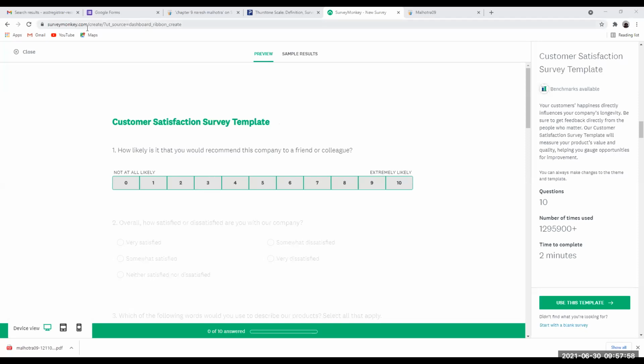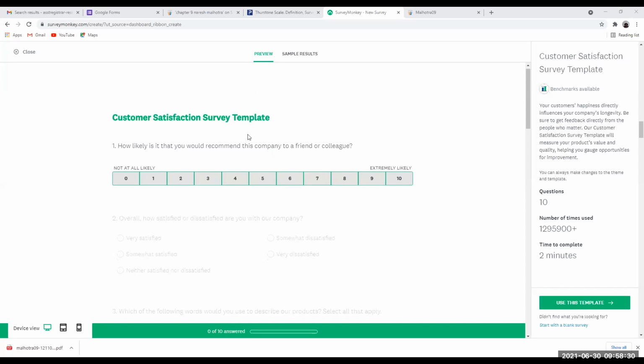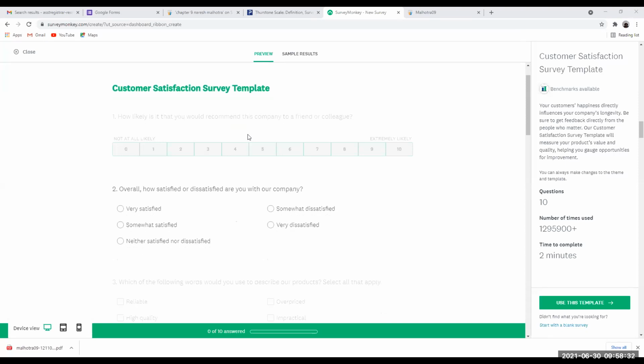What you see on the screen here, I hope all of you can see that. You can take a screenshot, it is better. The URL is also given. You can open the account and use any device. If you see where I'm putting the cursor, you can view it on desktop, on tablet, and on mobile. It's a globally accepted website which has different templates for doing this. For example, I'm showing you on the screen a customer satisfaction survey template. You can make your own questions based on the templates that are already there.